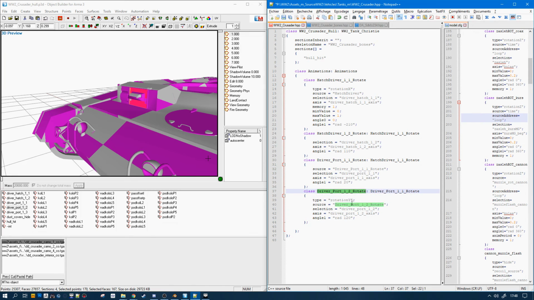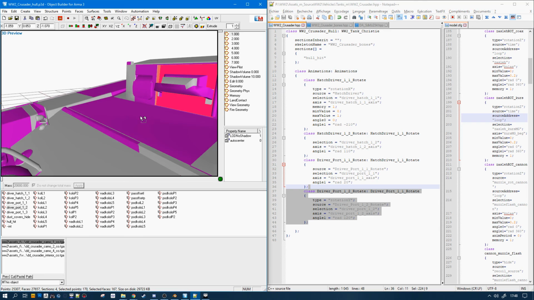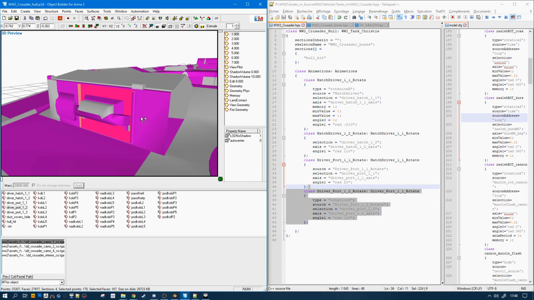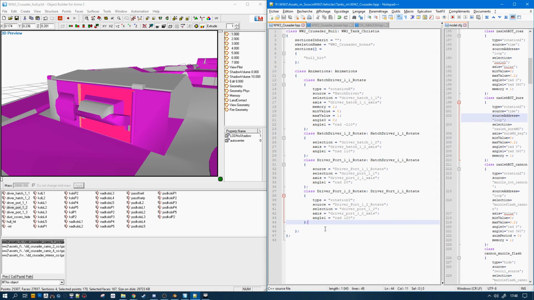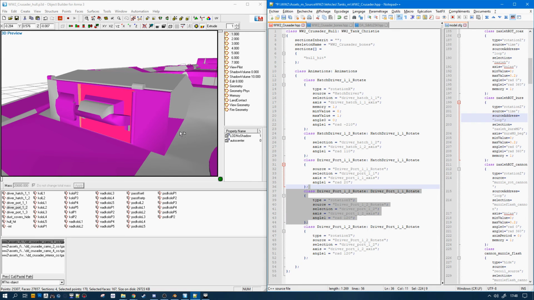You see that the source is different, so it will be another animation. And the last one is 1.3. Is going to keep the right rotation. And it's going to rotate upwards by 90 degrees. Okay, let's try all this.